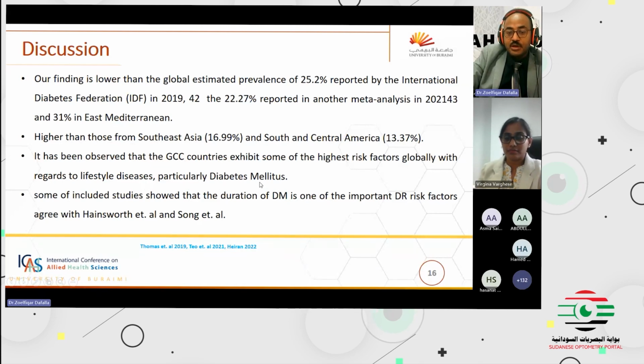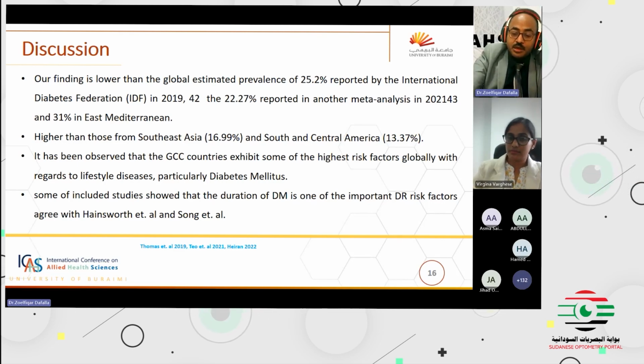It has been observed that GCC countries exhibit some of the highest risk factors globally with regards to lifestyle disease, particularly diabetes mellitus. Some of the included studies showed that the duration of diabetes is one of the important diabetic retinopathy risk factors, and this agrees with other studies, because this change will not happen in the first year of diabetes. It will appear after some years. For that, you will find that there is a strong relationship between the duration and the